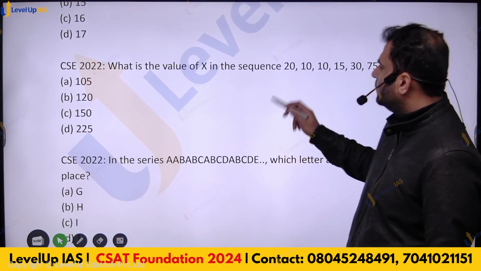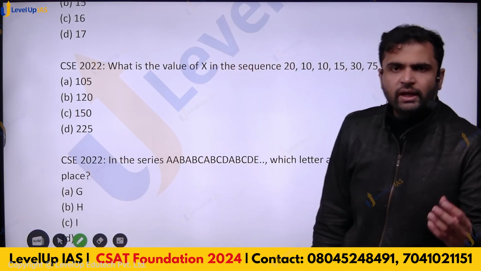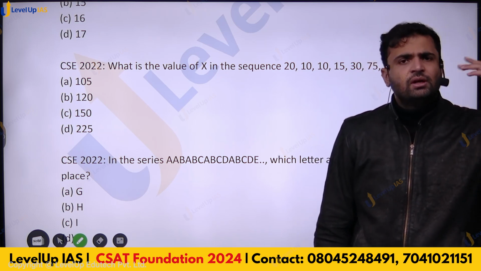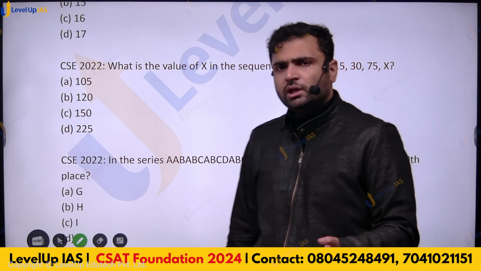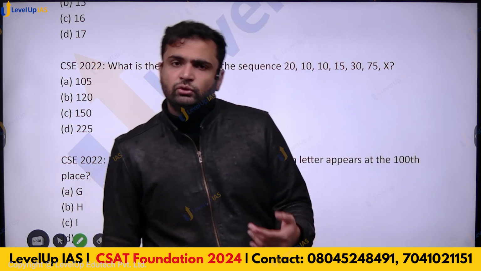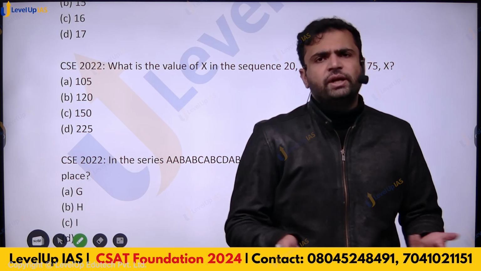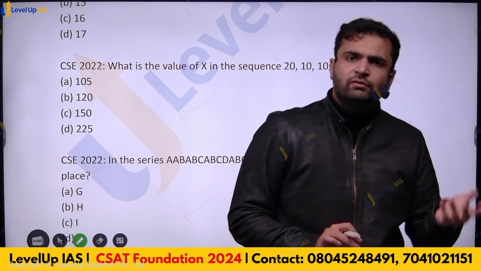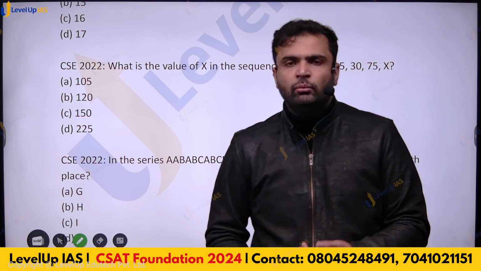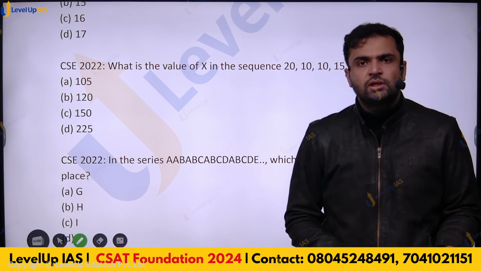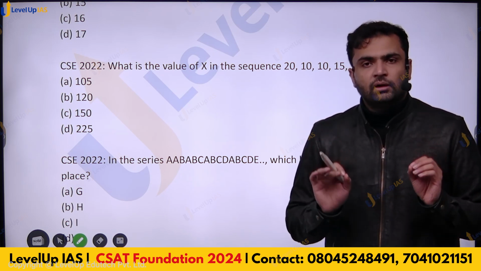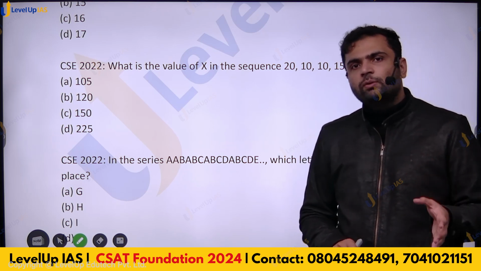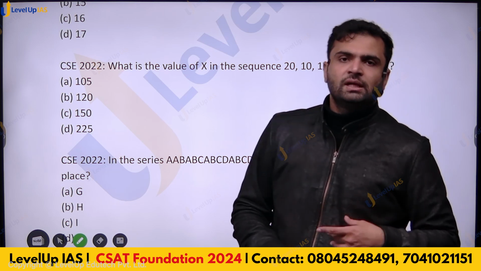Next, what is the value of x in this sequence? Now, again, I have developed an algorithm to just be relaxed about this kind of question, and the examiner can always design a question which is beyond those algorithms and which is really unsolvable, which is very difficult. So in this kind of question, we give a certain amount of thought, do certain standard things. If the question is solved, great. If not, we move ahead, because our aim is not to solve each and every question. Our aim is to actually avoid our elimination due to CSAT. So spending too much time on one question, letting our ego get the better of us, is a very